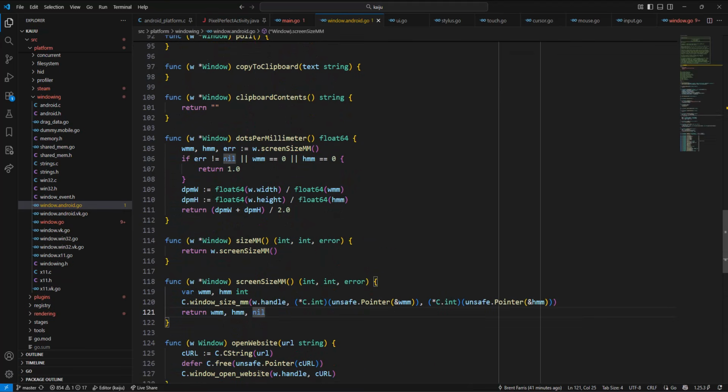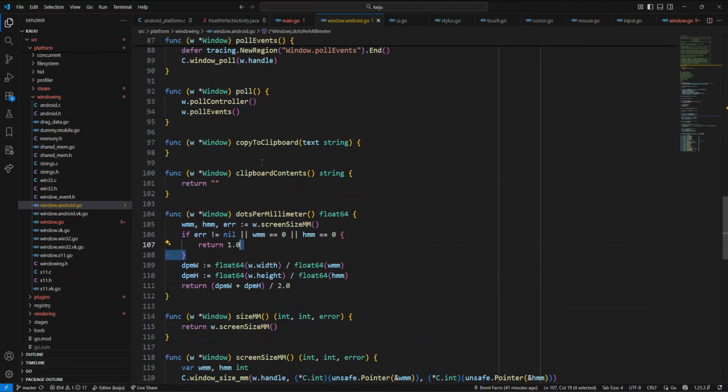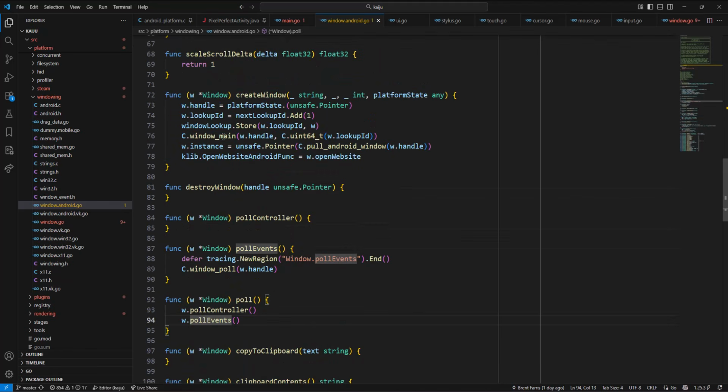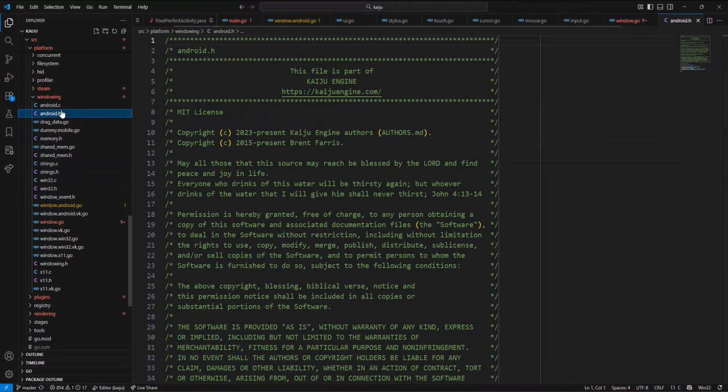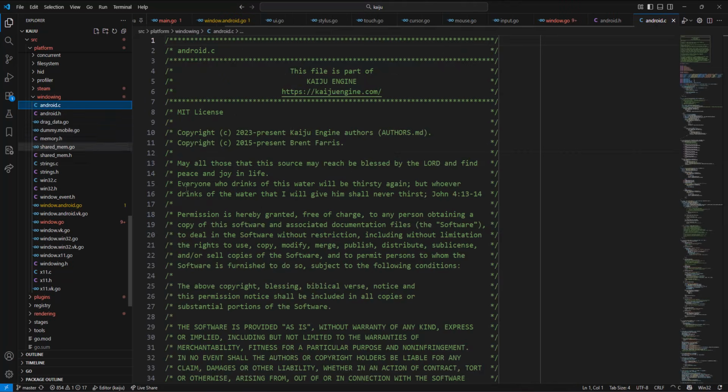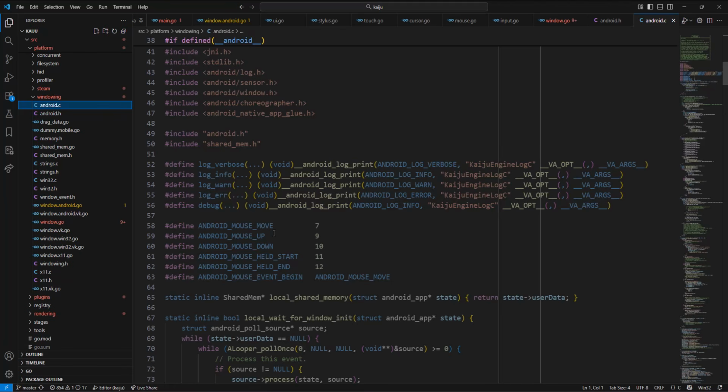We have filled out opening websites, screen sizes, DPIs, all that kind of stuff. The main meat and potatoes of this is the window poll and the create window. Those all call into the android.h, which we just have a few functions exposed here, and then we have all the code for